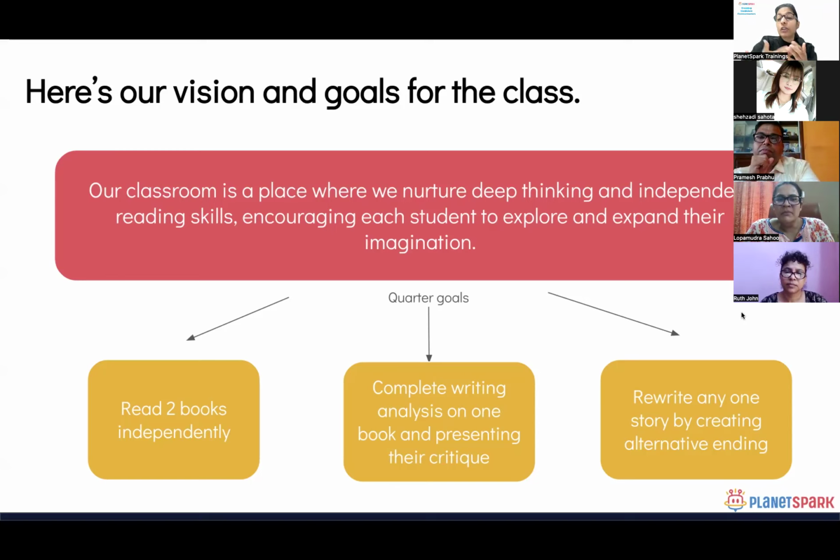Now, the next step from the vision is creating very specific goals. So now let's read the goals, and these are the quarter goals. That means I want my students to be able to achieve these goals over a period of 3 months. So I came up with 3 goal statements. Now let's have a look at these. Pramesh, can you read all the 3 one by one? Take a pause after reading one statement.